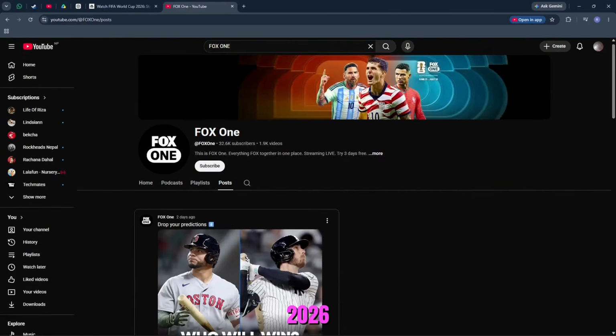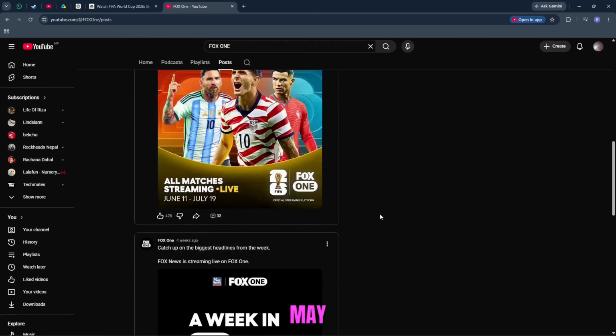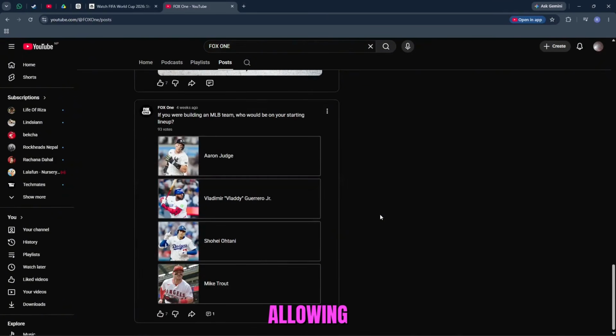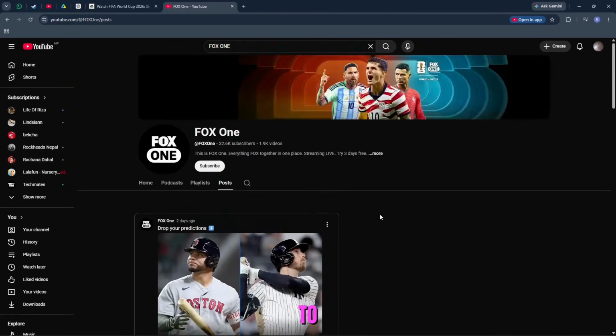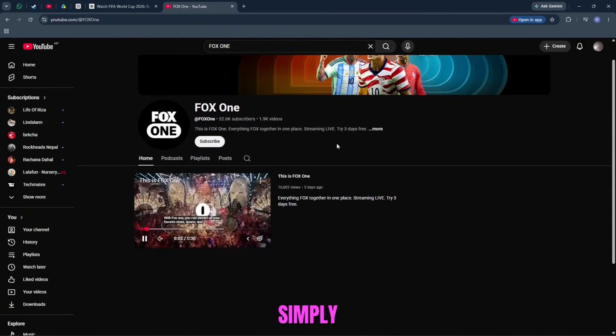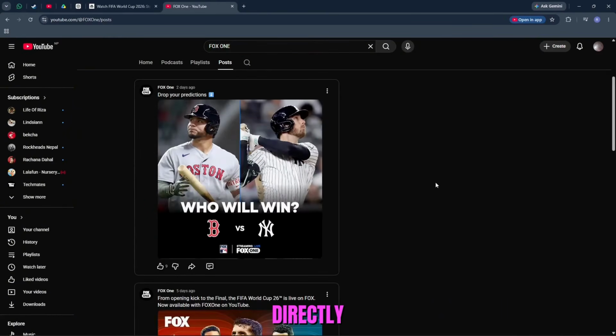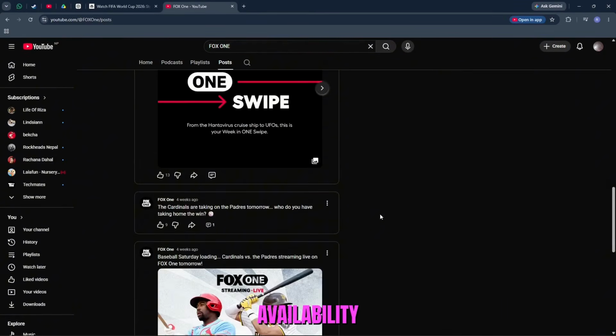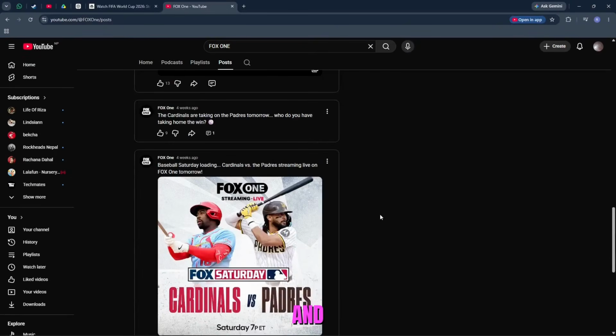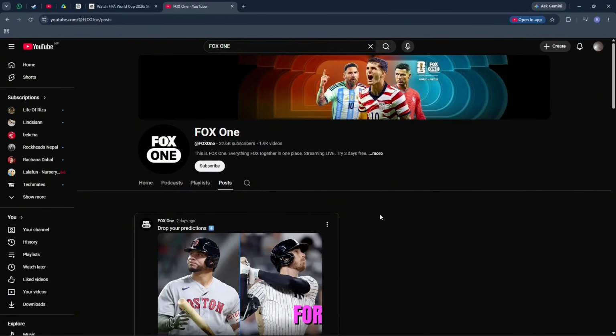During the FIFA World Cup 2026 tournament, selected matches may be listed as upcoming live streams, allowing you to see when games are scheduled to begin. When a match goes live, simply return to the channel, click on the live stream, and start watching directly from YouTube. Keep in mind that availability may depend on your location, and these broadcasts are generally intended for viewers in